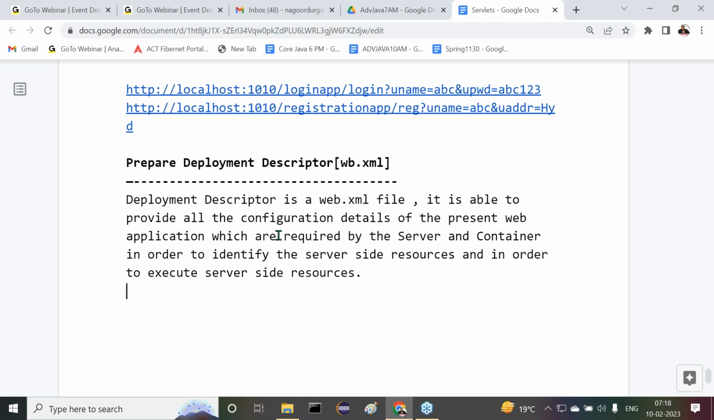After that, what application configurations is it able to provide? The web.xml file is providing configuration details of the present web application. What configuration details is it able to provide? All right, now observe carefully. In web applications,